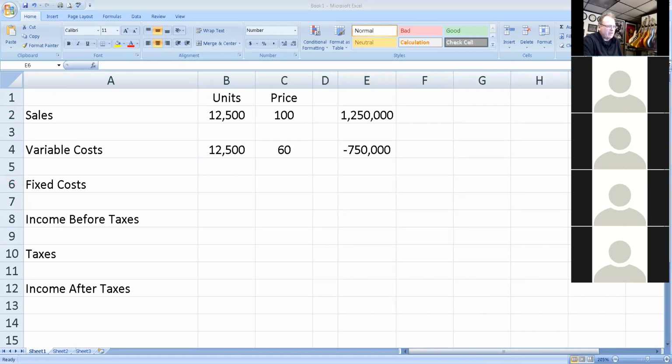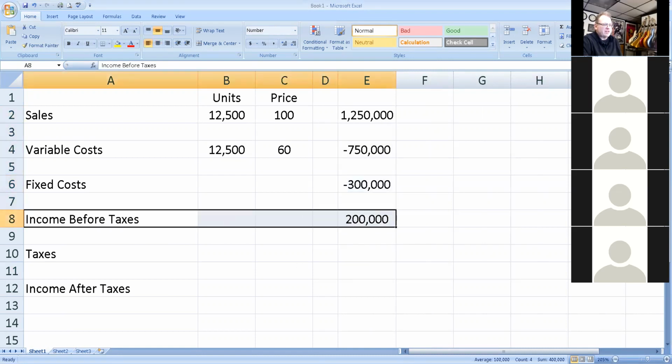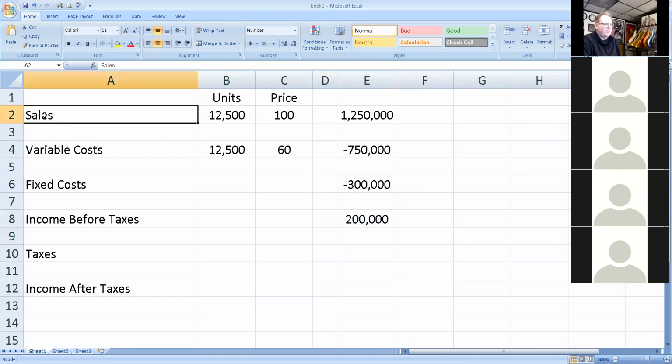Fixed costs are something I've forgotten. 300,000. So this is our income before taxes. That's that 200,000 that we had figured out before. And these are the only ones that are in our